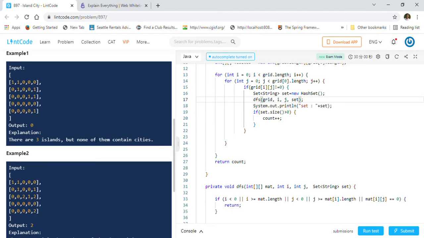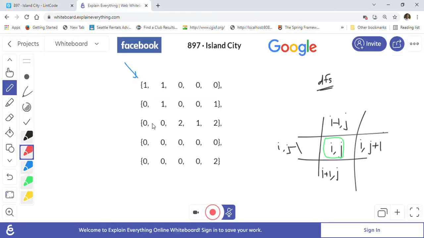They have given us two examples. Let us take the second one here. What they are asking is, for example, you can see that these three ones are forming one island, but in this island there is no city because there is no two here. But if you look at this island in this grid, you can see that it has two cities.